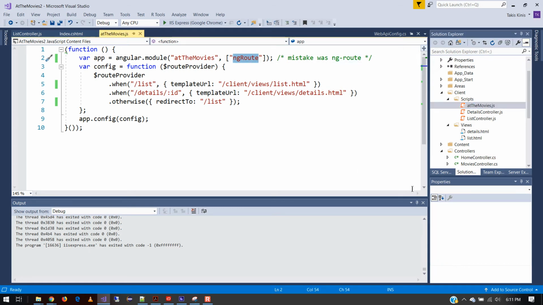Now, if you're curious, what is ng-route? Well, ng-route is actually a function and part of the Angular.js libraries. So it has to be called exactly this for it to work, otherwise it won't work. So when I was going to my browser and running the product here, I would hit the play button